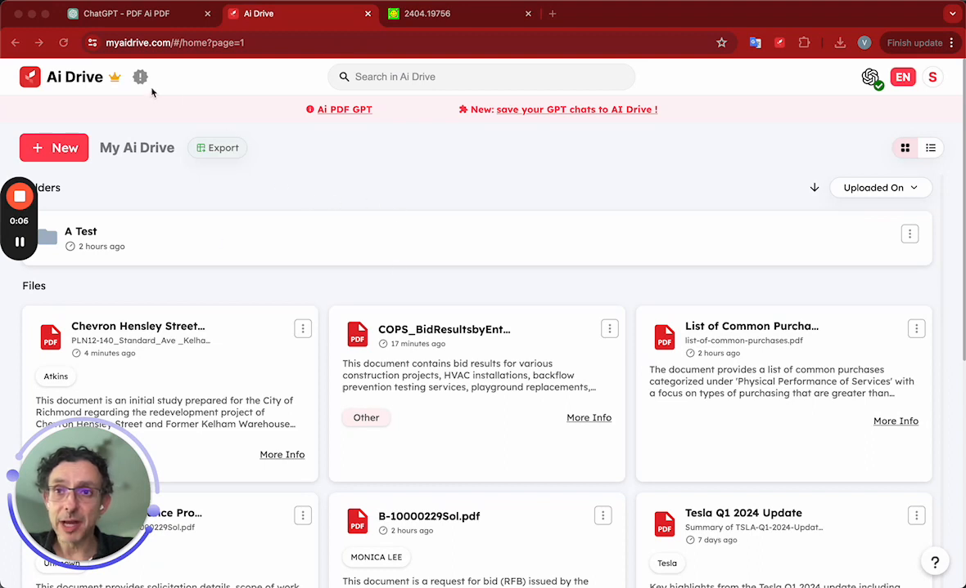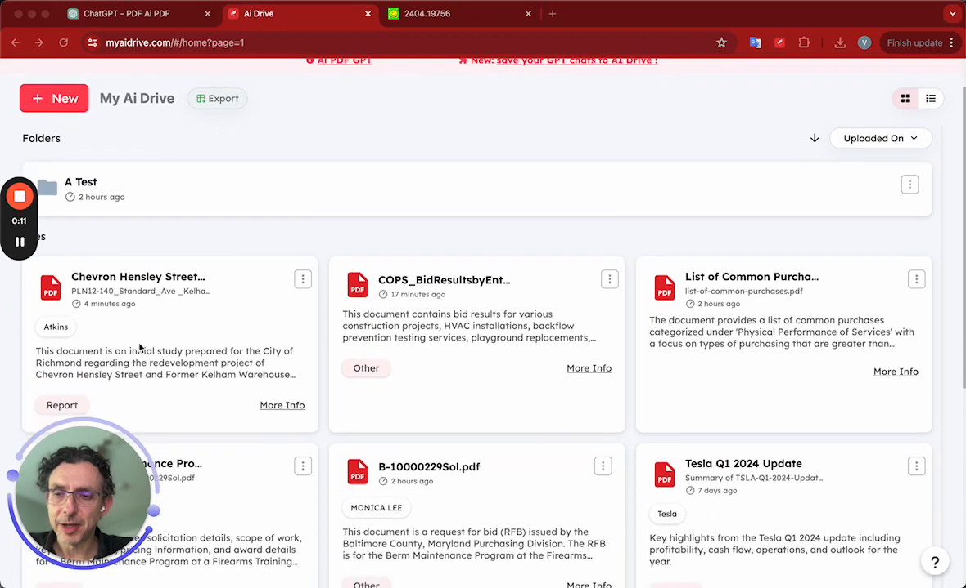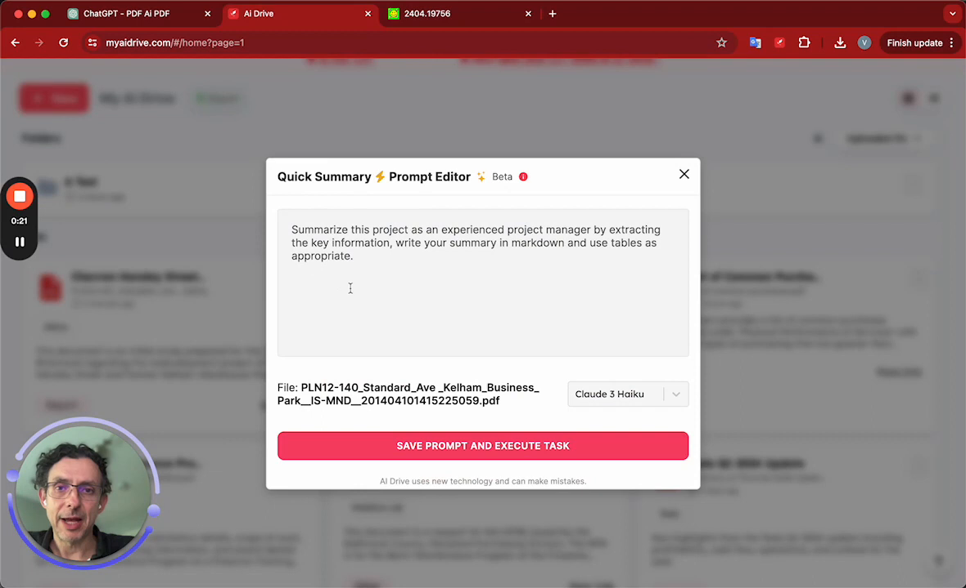So here we are in AI Drive Pro, and we're just going to get this document here. And you can see in the AI extracted description that it is a study for a redevelopment project. So we're going to go here and we're going to use our quick summary, and I already have a prompt